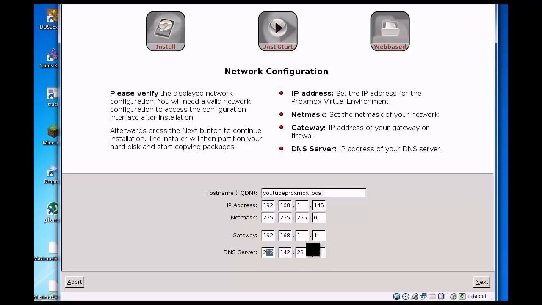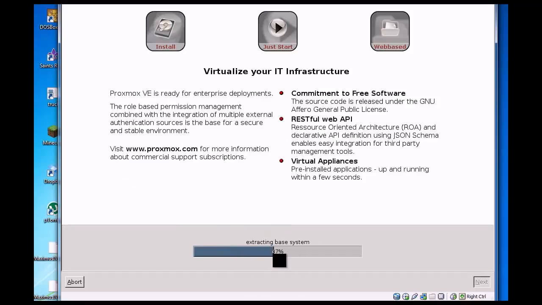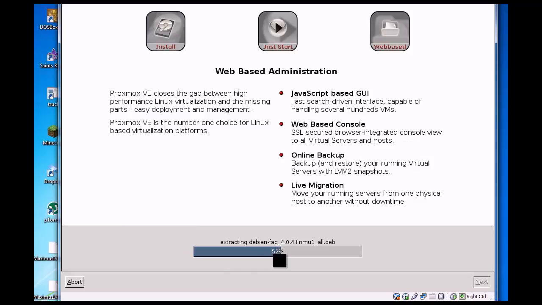The DNS server should preferably be the Google DNS server, because that's never offline, it's never broken, and it's a really nice IP address. It's 8.8.8.8, and you just hit next, and it's going to create a partition, and it's pretty quick. I don't know if it will be this quick on an actual machine, but on my computer as a virtual machine, it runs pretty fine. There are some little drawbacks to running it in a virtual machine. The first drawback is that